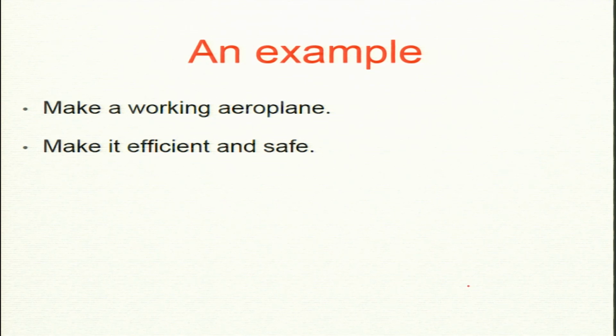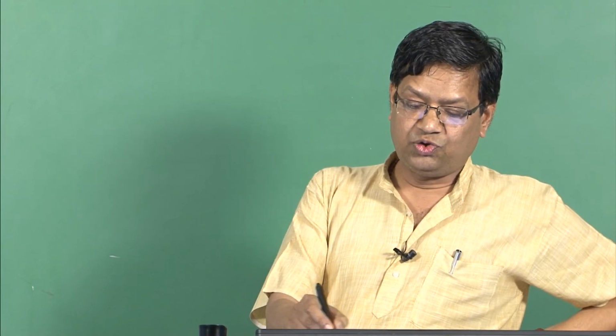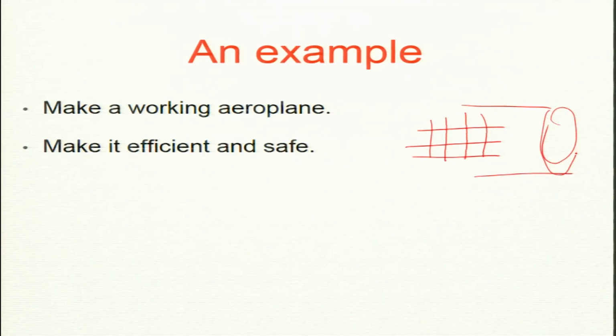Everybody knows what a wind tunnel is. Some of you, the physics students, may not know. A wind tunnel is used to see whether an aeroplane will fly or not. People do experiments in IIT itself; there is a wind tunnel in the aerospace department, the big tube. So, a wind tunnel will have this tube. I really can't draw this well, and one end of the tube has this grid. Is that clear? You push air from the left, very high, fast speed air, and you put the aeroplane in here.